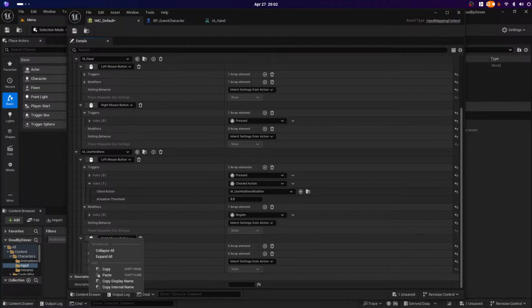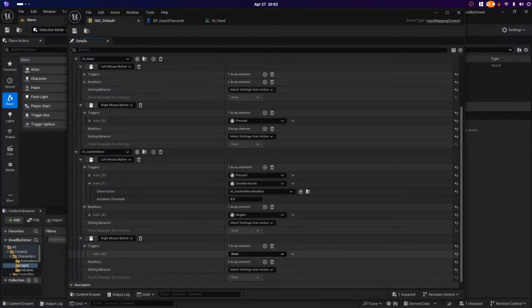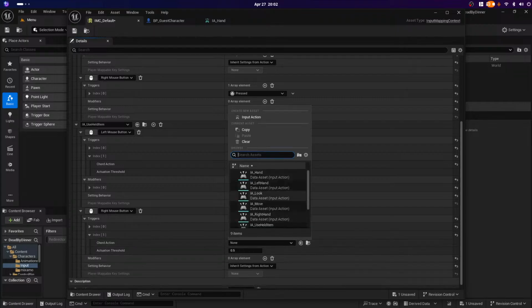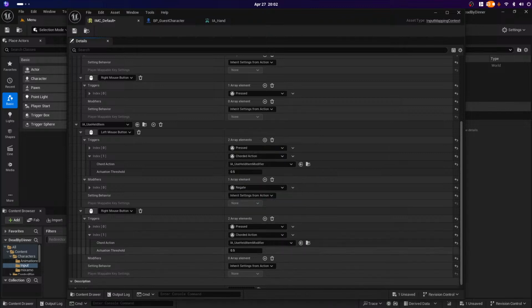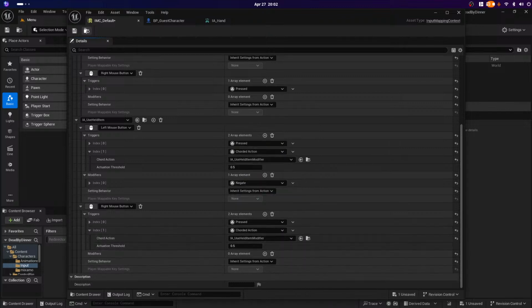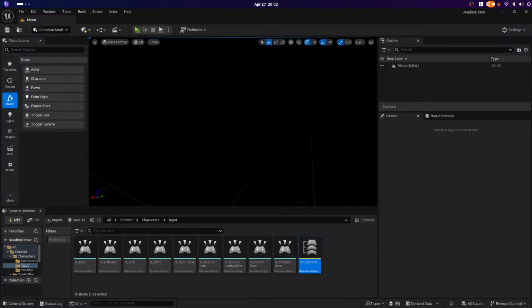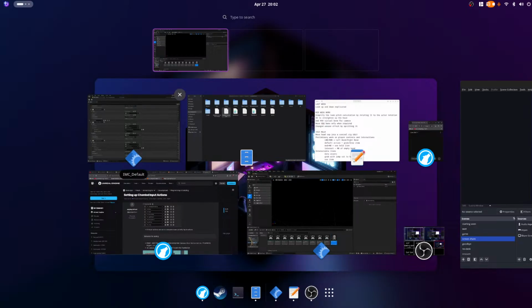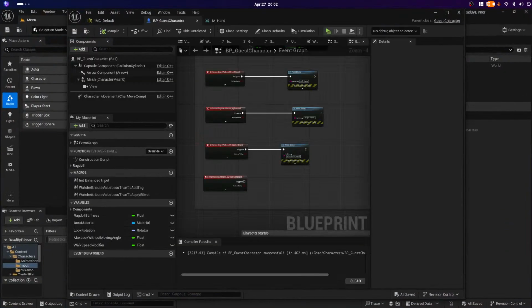Let's make this how it was before. Pressed, triggered with the use held item modifier. Save. Open up. I want to go in here. I'm lost. Here we go. Instead of doing this,